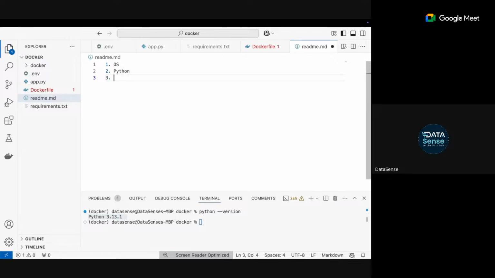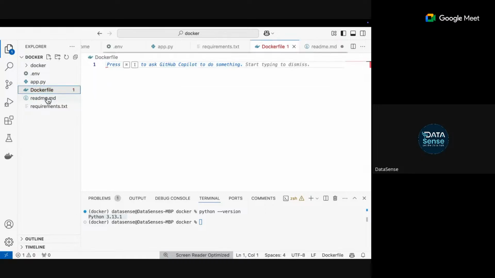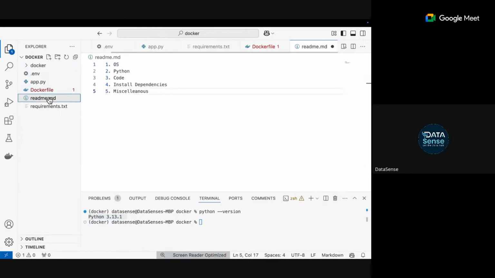Third, we need your code, my code. Fourth, I need to install dependencies. And fifth, if there is any other miscellaneous work, I will see that. Agreed? So these steps I will write down in the Dockerfile.